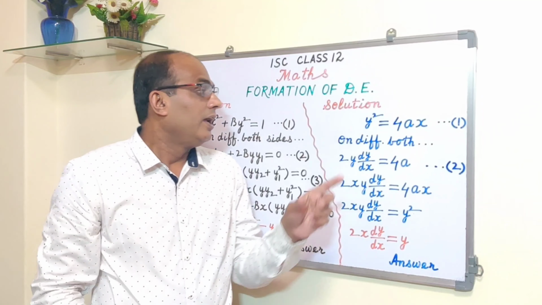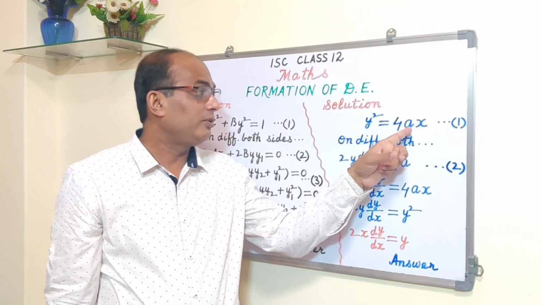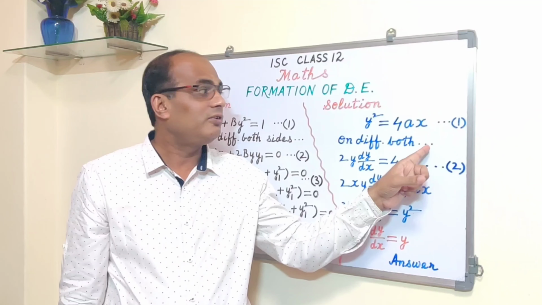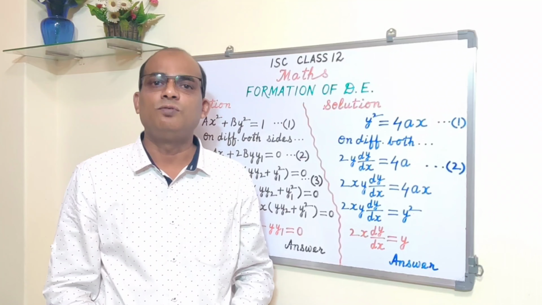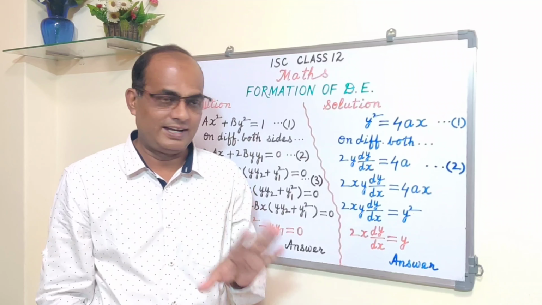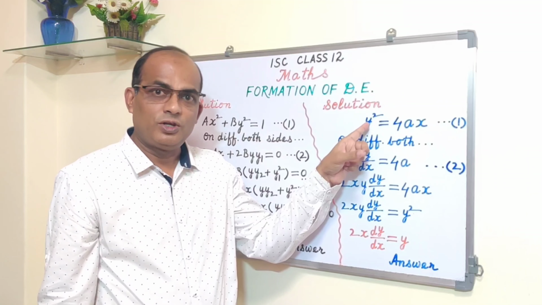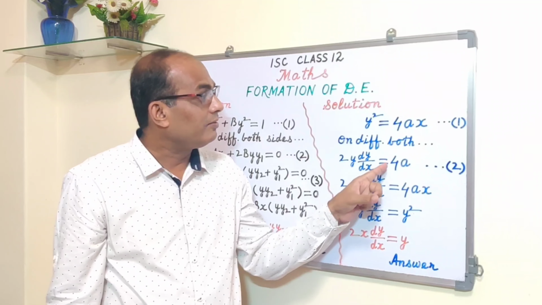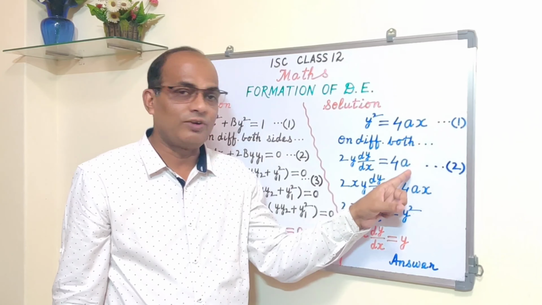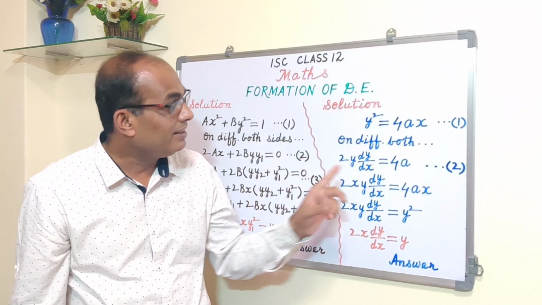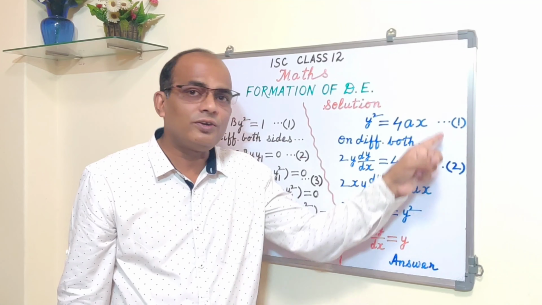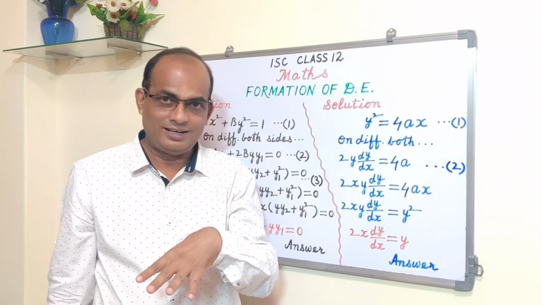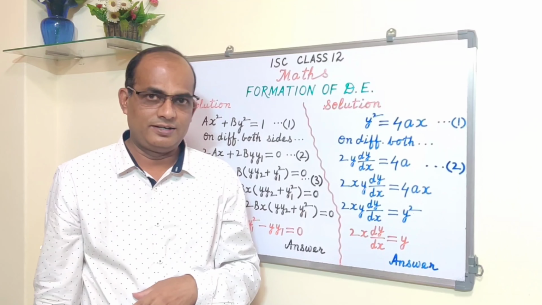Alright, fine. And you know how to differentiate y square is equal to 4ax. Then please write down in detail in full: on differentiating both the sides of equation 1 with respect to x, we get. This much you please write. And then, okay, this is y square. You are differentiating with respect to x, so you'll get 2y dy upon dx, that much you know, is equal to 4a, and d/dx of x is 1, so that I am not writing. Fine. This is second equation. Now with the help of these two equations, we are going to eliminate a. Alright, and then what we get, the eliminant, that will be our required answer.